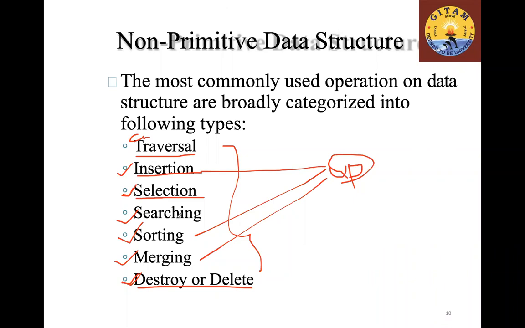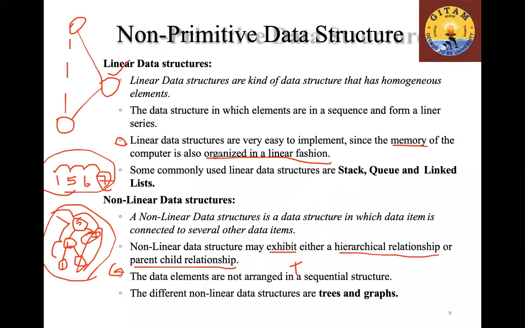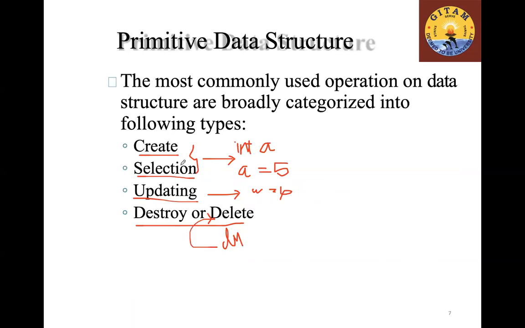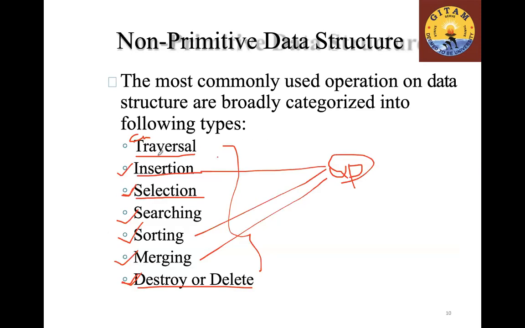Okay. And the previous thing I have shown you already, right? The previous thing shows that these are the things that you can only do with the primitive data structure. These are the things that you can only do with non-primitive data structure. And I have also categorized them into one class, like insertion, sorting, and merging as update. Now I have asked you, what are the common things that you can do with primitive and non-primitive data structure? Did you understand my question?